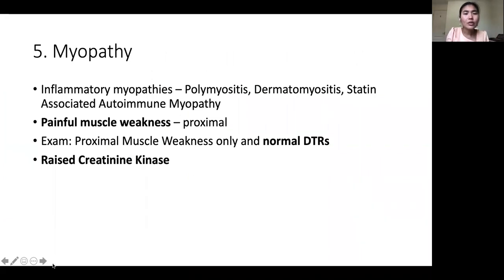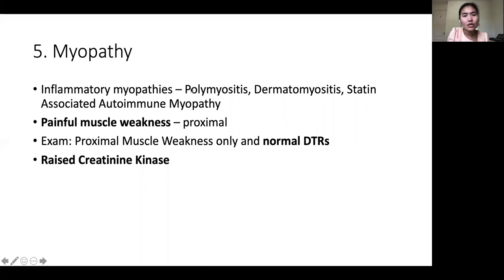And myopathy. When would we consider myopathy, myositis, when a patient presents with weakness? The patient will have painful proximal muscle weakness, and they do not have any sensory symptoms at all. Deep tendon reflexes are going to be normal. Then you can check creatine kinase, and it's going to be raised. That's why it's always worth checking creatine kinase. It's not expensive, it's a simple test, but if it is high, above 1,000, you need to think about